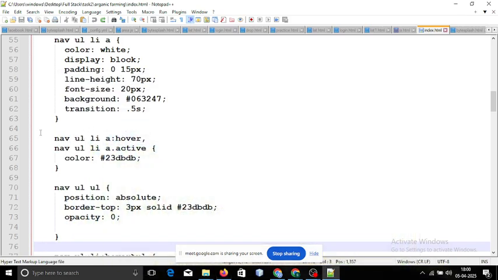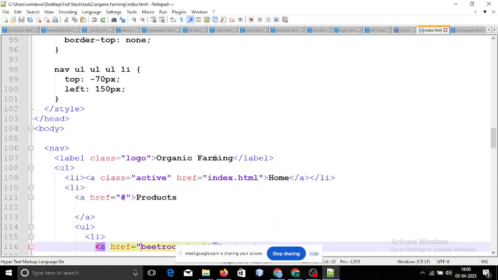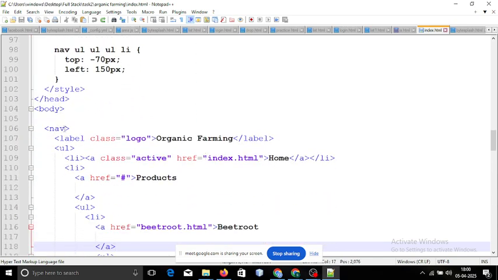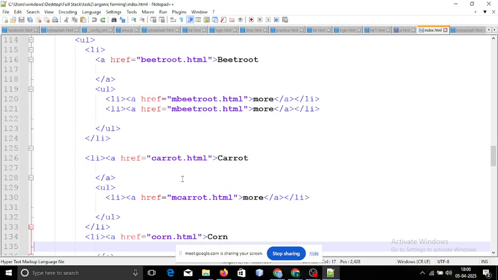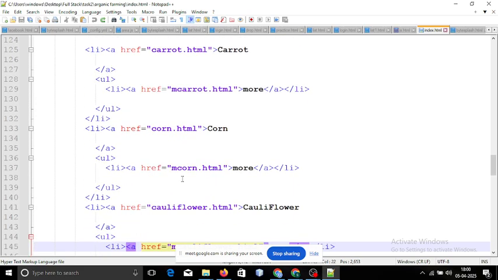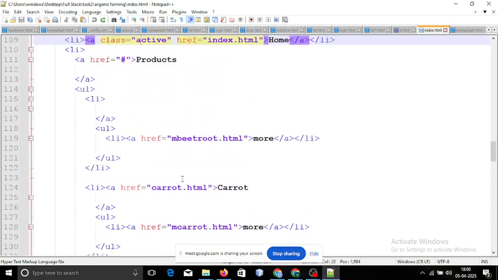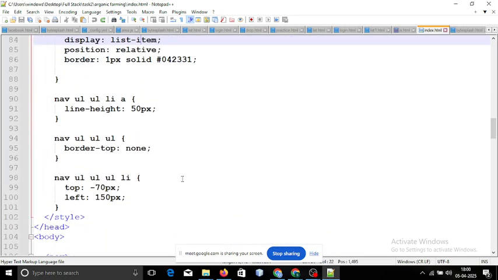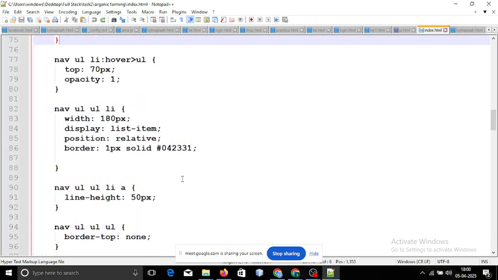First of all, for nav, UL, LI, and anchor tags. That means I'm talking about this nav, UL, LI, and anchor tags. I'm talking about all these are anchor tags, right? Home, products, all the remaining things also. Whatever the anchor tags that are presented inside that. For that, if you see the CSS, what I'm applying is,